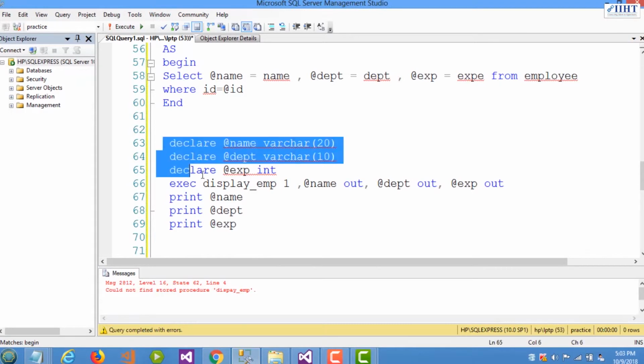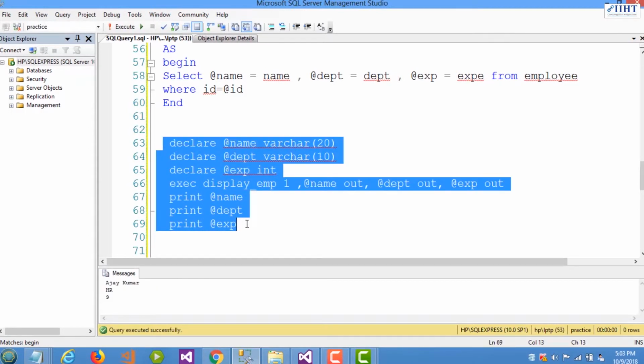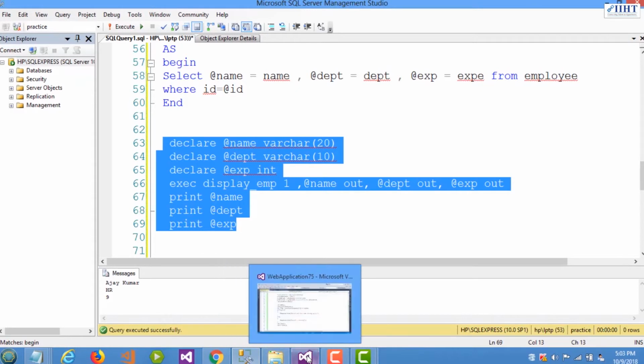So if we will execute this, we can get the records. We're getting this record of employee ID 1. Now, if you want to call this procedure through ADO.NET in the client or the web application, what